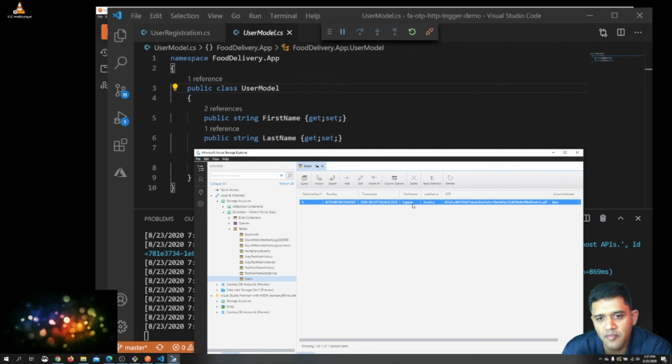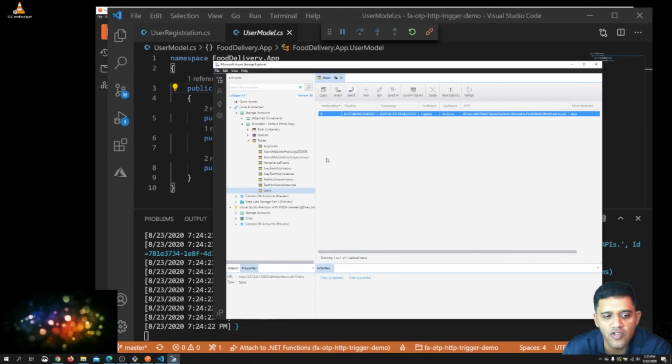This is the timestamp, first name and last name, and the OTP which has been hashed, and the flag saying user is validated is false because we have not run the validate function yet, and the mobile number. So now I would get a text on that mobile number, and I would take the text and this row key here, and I would call the validate function.